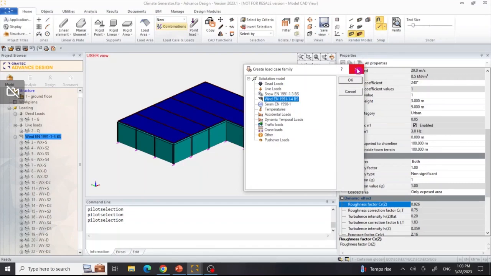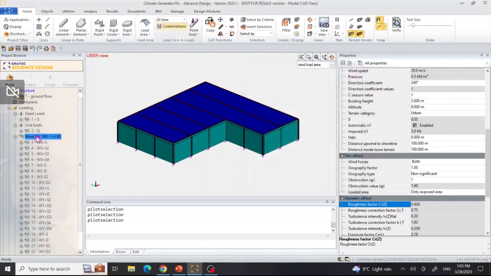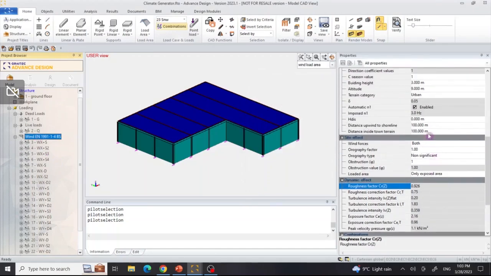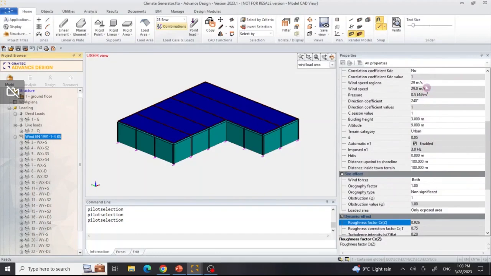and allow for the software to calculate all those parameters for you. So by clicking on the left hand side of the wind load case family, we have all the information the software needs in order to calculate the parameters for roughness, turbulence intensity, orography, and basically all the information in order to calculate the peak